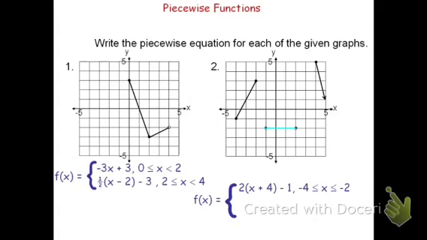Here the domain is from negative 1 to 2. There's no overlap, and they're both closed points. So we'll include both negative 1 and 2 in the domain. The third piece is a ray, meaning it has an arrow that goes in one direction, meaning the segment starts